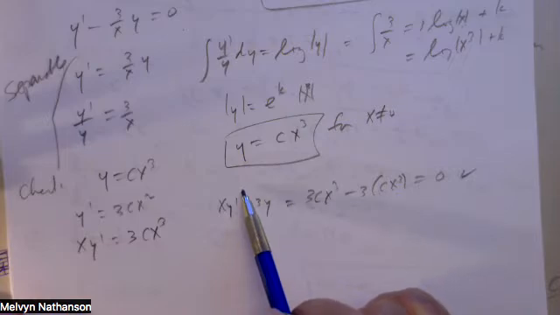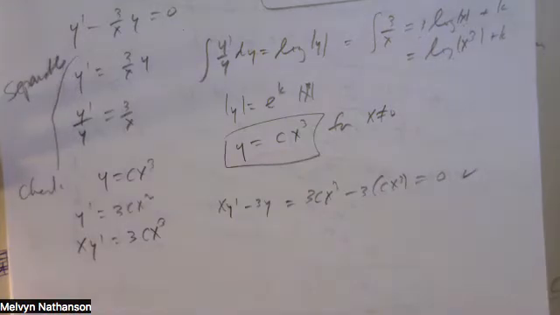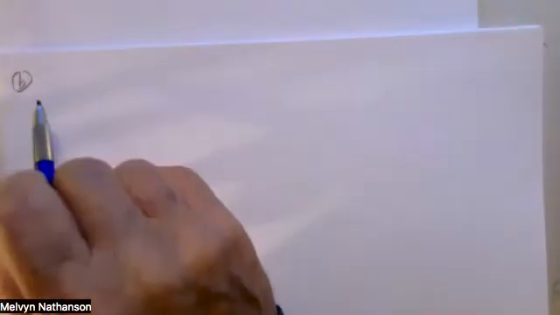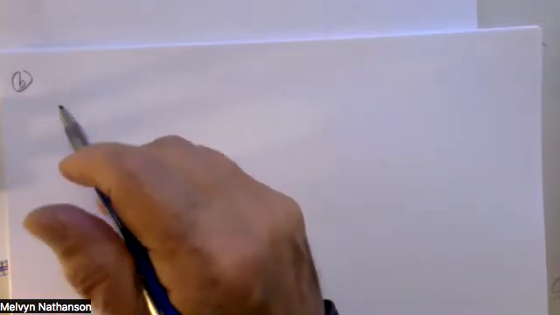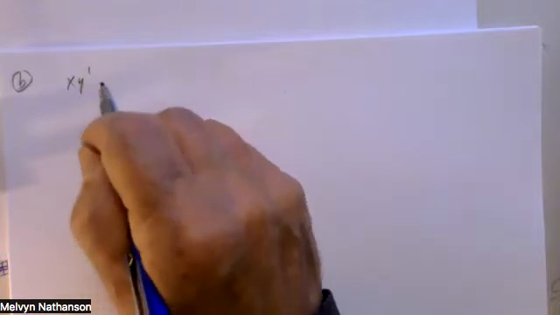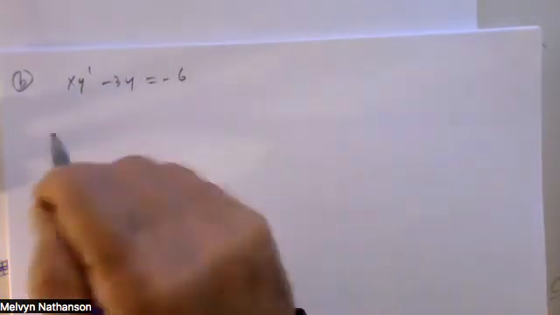So that's the solution. That's the solution for the homogeneous equation. Okay. Part B. So part B is to find the general solution of the non-homogeneous equation, xy prime minus 3y equals minus 6,